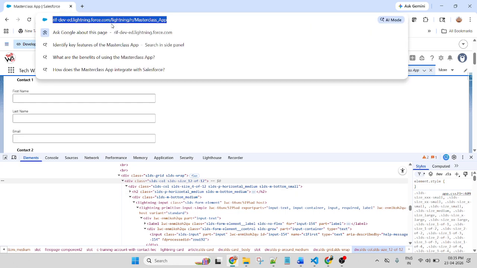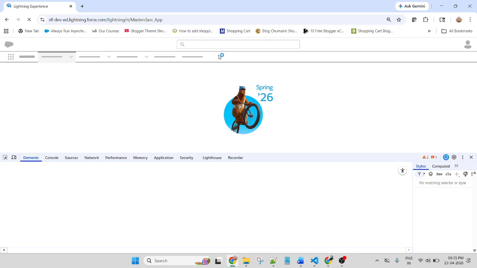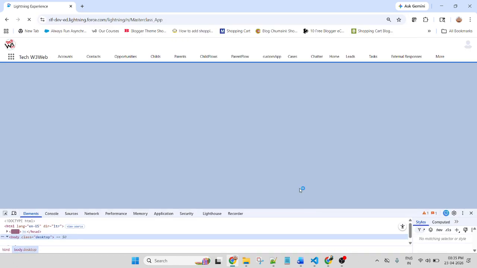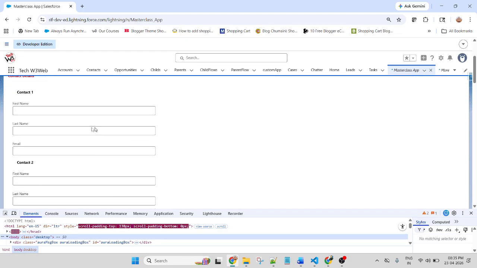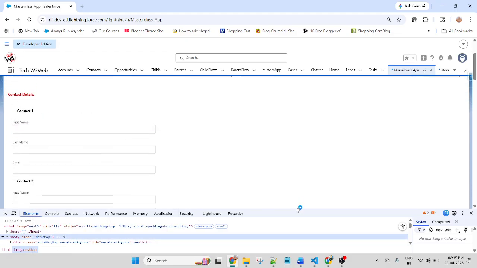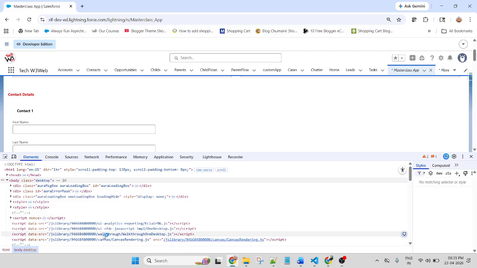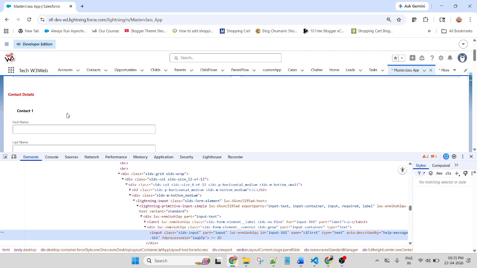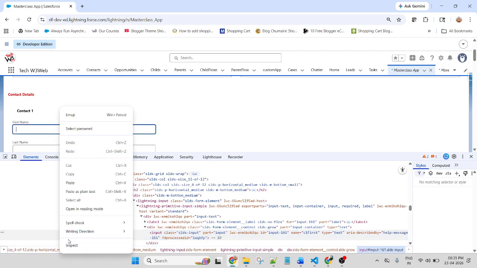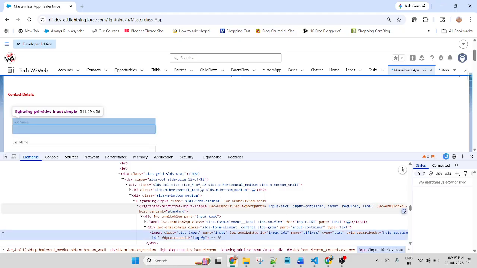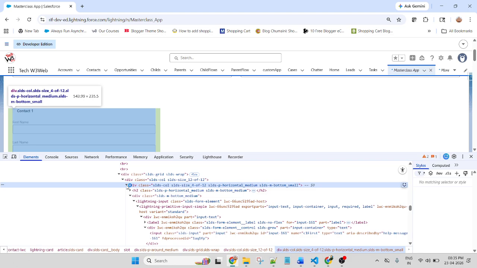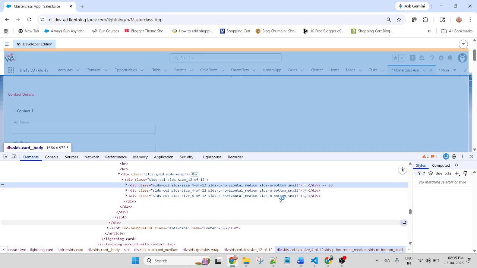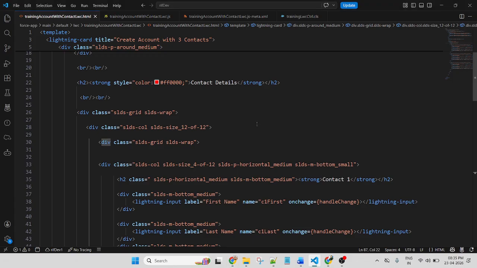If the changes are reflected, that means my component refreshed. Why is it not reflecting?